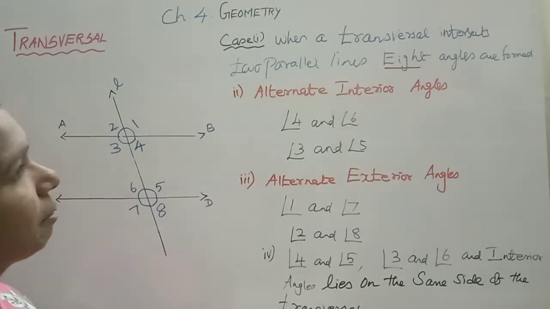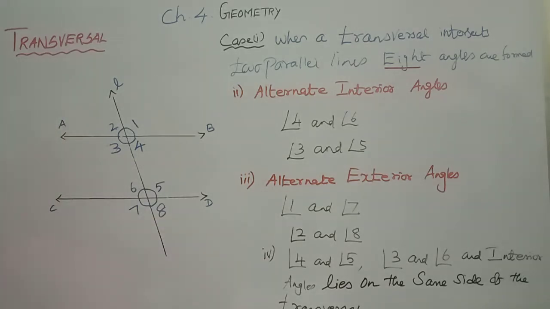Next, case 2 we are going to see. Yesterday we saw the linear pairs, which are the angles that make 180 degrees. Like that, we are going to see which linear pairs are made by a transversal when intersecting parallel lines. That is our next topic. Okay, copy in your notebook.